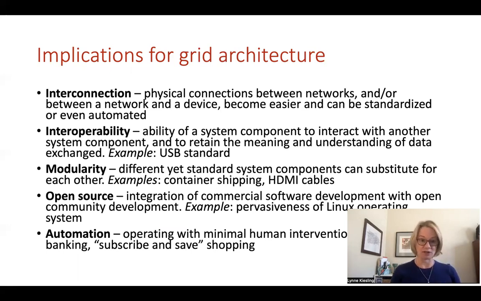And NARUC has a suite of resources for interoperability learning modules for you to use to get some background in what interoperability means in the electric context. A really concrete example is the idea of a USB standard, right? If you have a USB memory stick that you want to plug into your laptop to pull down a file so that you can put it on another machine so that you can give a presentation, say,